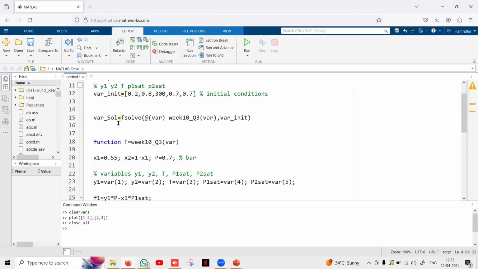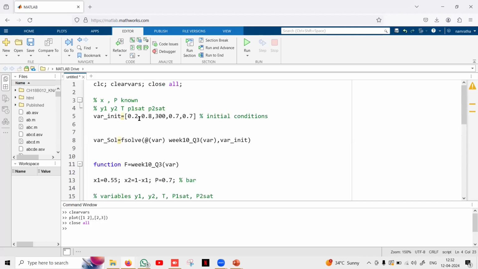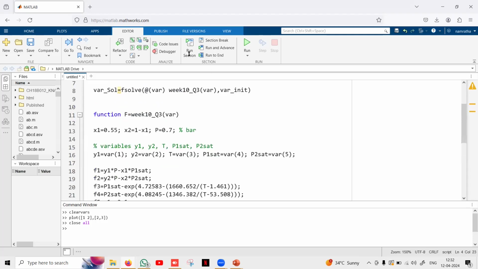How I'm solving it is fsolve. As I explained earlier, fsolve is used for non-linear equations. So at the rate of variable, this f of variable with some initial conditions which I have given here. So if I run this, so run section. So it is solved already. So if I go through the solution,